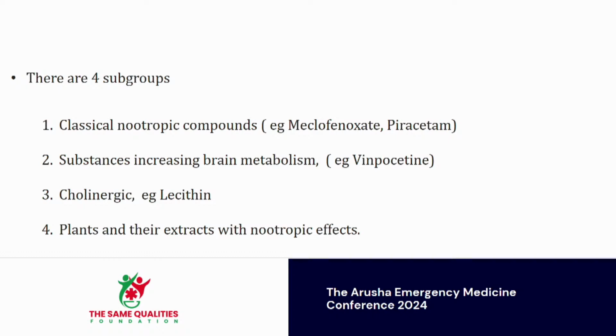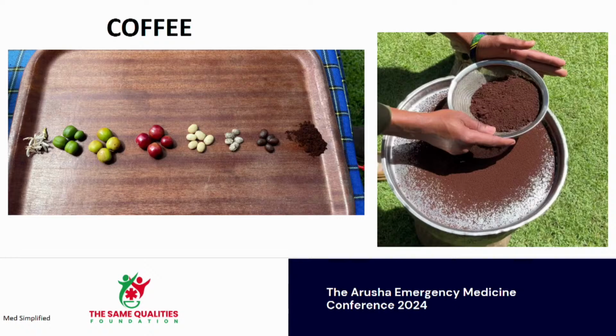Science says there are 4 main subgroups. There are classic nootropic compounds. There are substances that usually increase brain metabolism. There are cholinergics, and then there are plants, basically plants that we see every day as extractions. So I'm just going to take you through some of the nootropics. There are 100 of them, but I chose things that I felt we could all relate to,